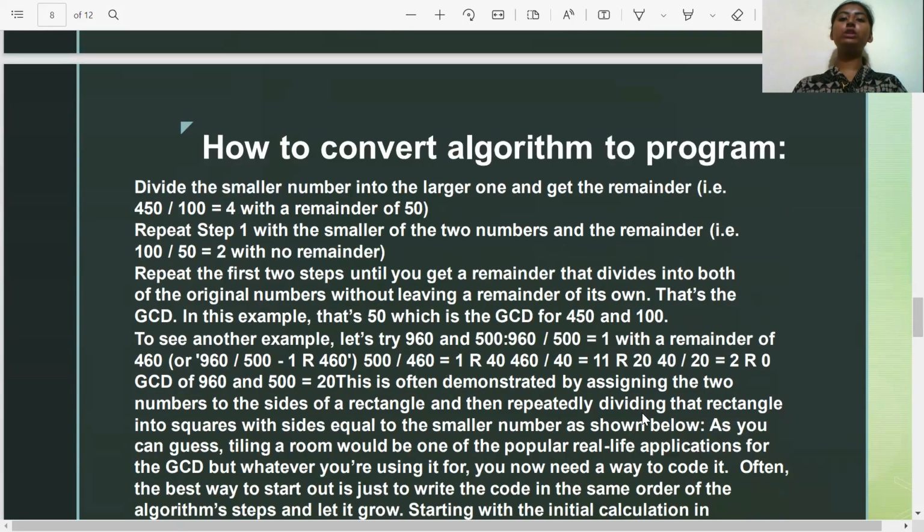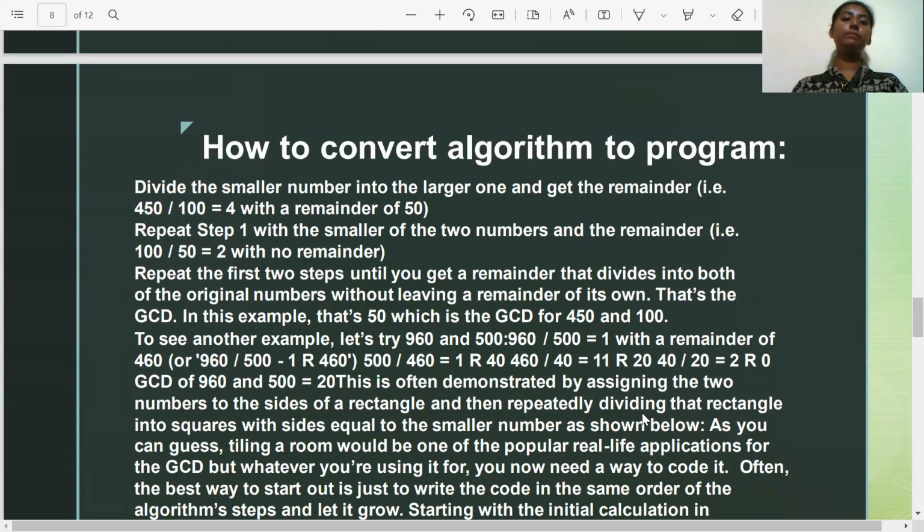How to convert an algorithm to a program. Divide the smaller number into the larger one and get the remainder. 450 divided by 100 is equal to 4 with a remainder of 50. Repeat step 1 with the smaller of the two numbers and the remainder: 100 divided by 50 is equal to 2 with